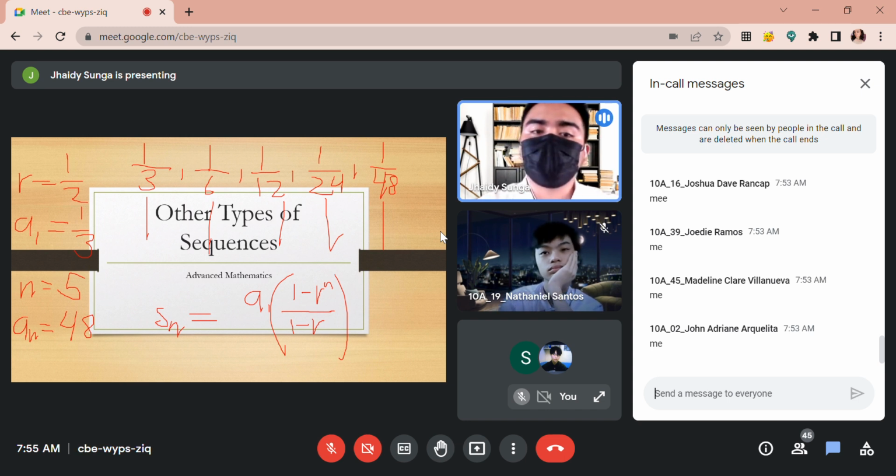Because in the first given earlier, the common ratio is 2, while now the ratio for this one is less than 1. So this sequence, 1/3, 1/6, 1/12, 1/24, and 1/48, is a geometric series. Because our common ratio here is less than 1. So, our formula for this one is